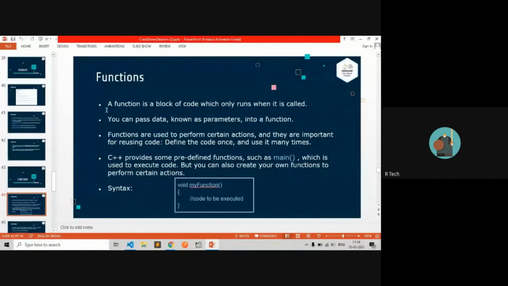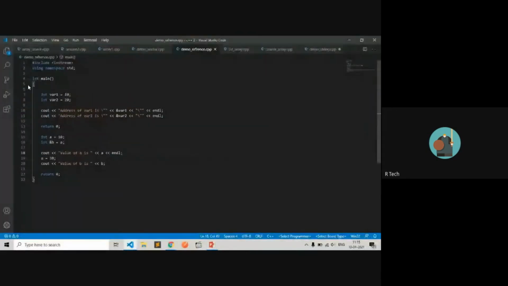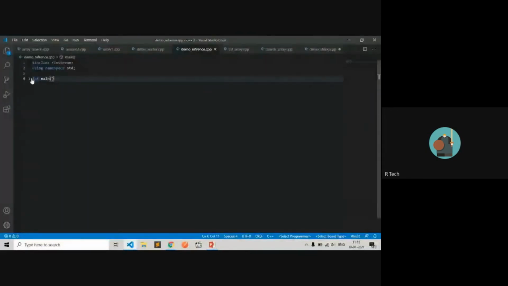Let's introduce what a function is. A function is a block of code which only runs when it is called, like the main method. It is a block of code, and when it executes, C++ will call the main method.